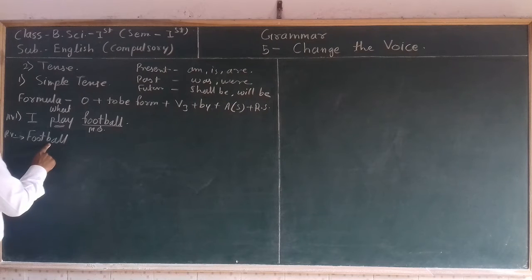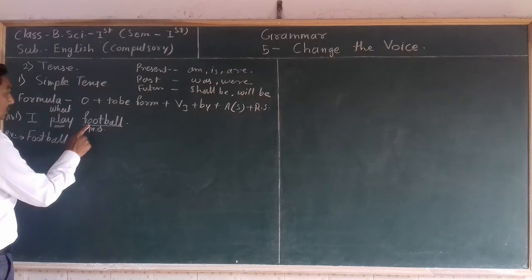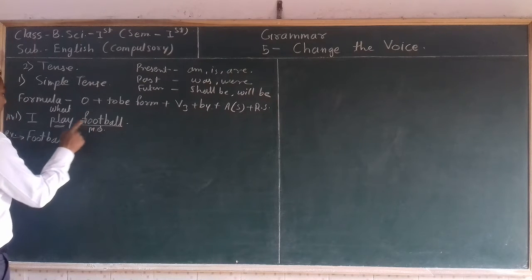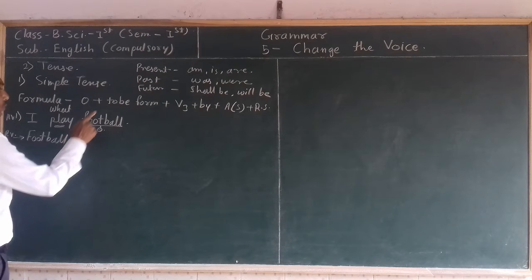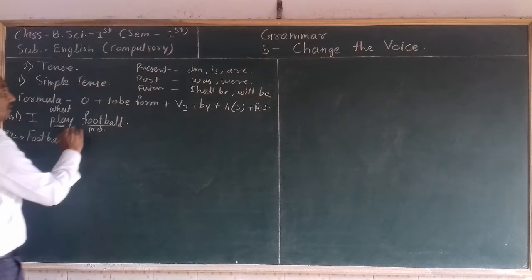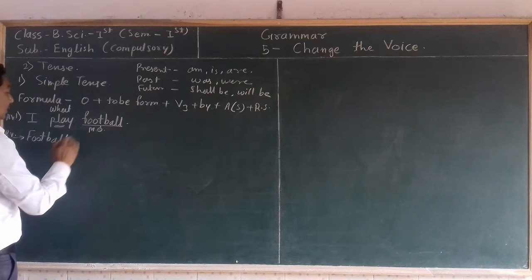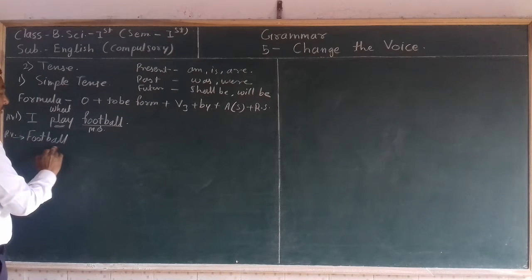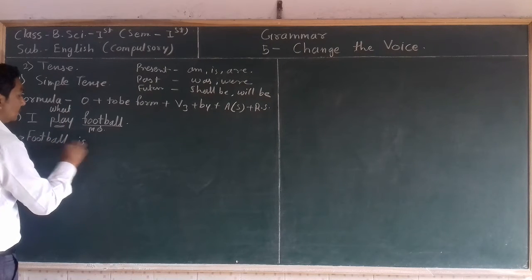Then according to the tense, take the to be form in front of that new subject. The main object in the active voice sentence becomes the subject of the passive voice sentence. So according to the new subject, we have to take the to be form in front of it. This sentence is from the simple present tense, therefore we have to use the to be form of present tense, am, is, are. So what can we take in front of football? Football is a singular game. It is one game. In front of a singular or one thing, we always use is.